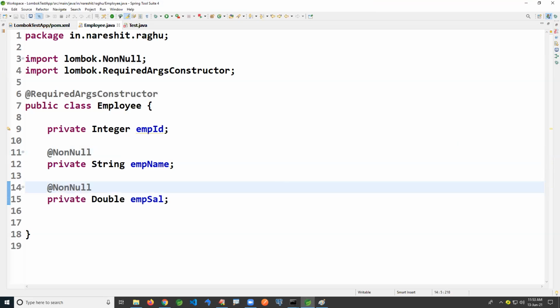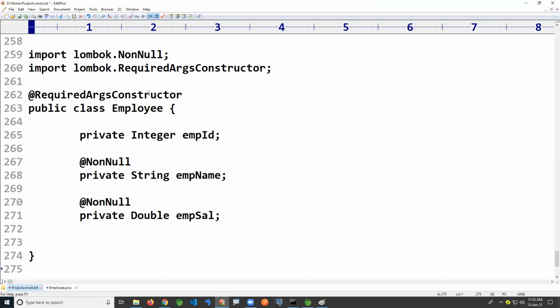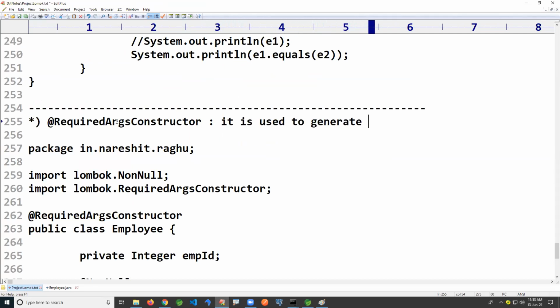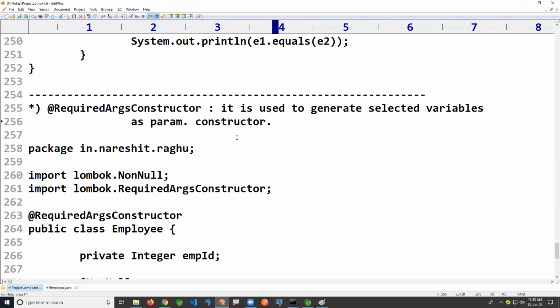Now let us see how this code looks. @RequiredArgsConstructor is used to generate selected variables as a parameterized constructor.